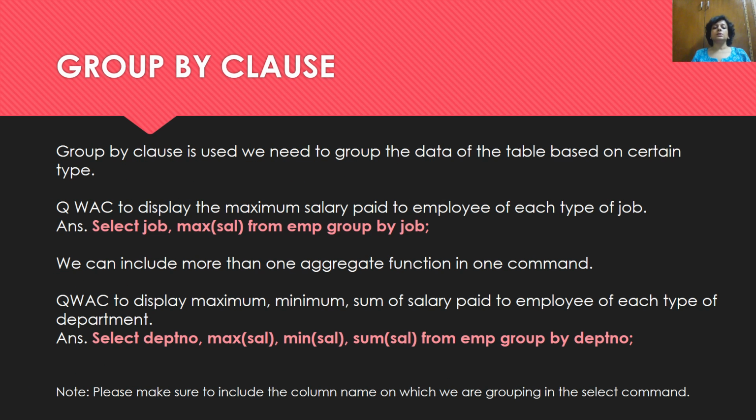GROUP BY clause. This clause is used when we need to group the data of the table based on certain type. To display the maximum salary paid to employees of each type of job, the command would be: SELECT job, MAX(sal) FROM M GROUP BY job. We can include more than one aggregate function in the same command. To display maximum, minimum, and the sum of salary paid to employees of each department, the command would be: SELECT deptno, MAX(sal), MIN(sal), SUM(sal) FROM M GROUP BY